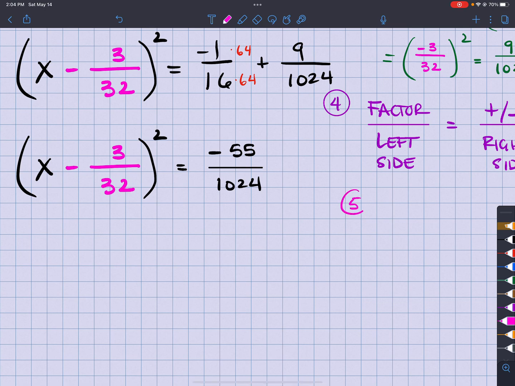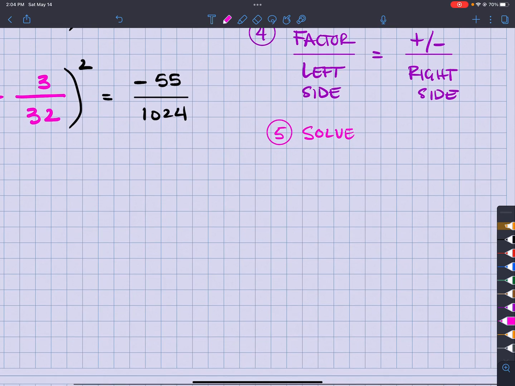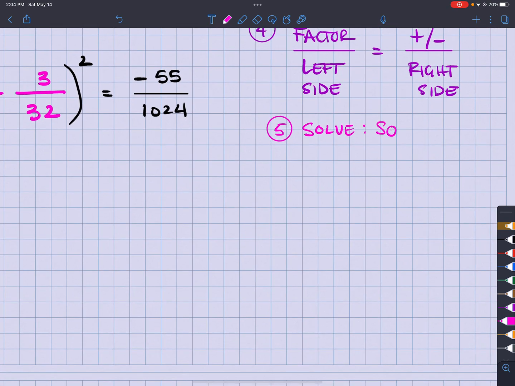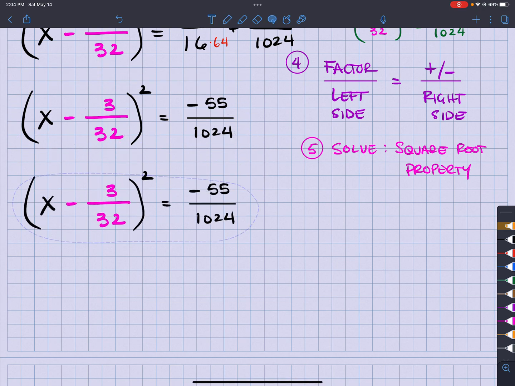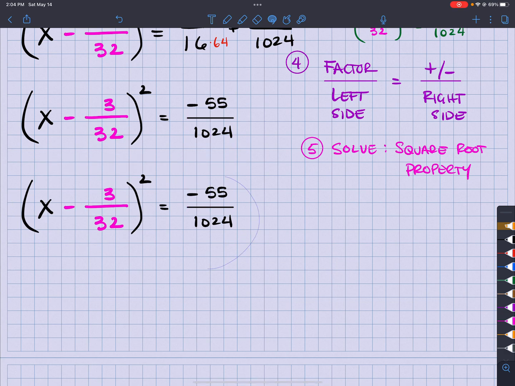All right, so now step 5 is that I'm going to go ahead and solve, and I'm going to use what we call the square root property. Okay, so the square root property tells me that if I get that square term all by itself, I can use the square root property. I can take the square root of both sides,